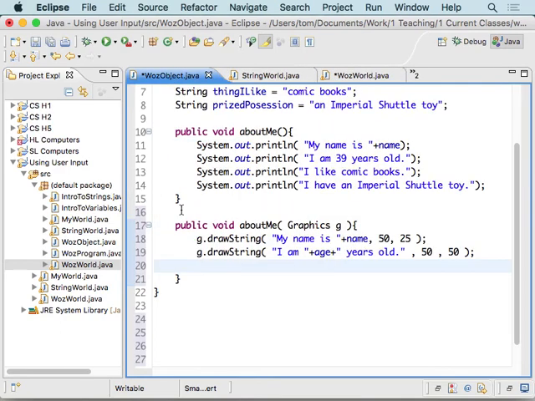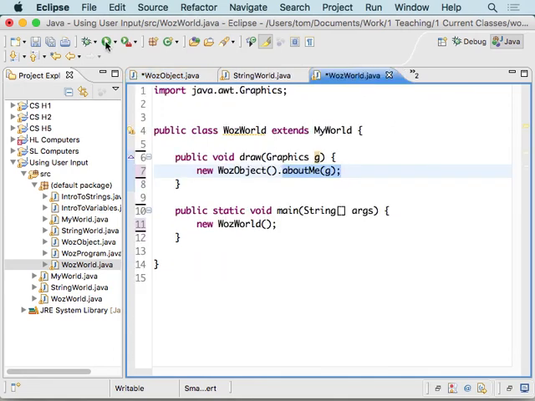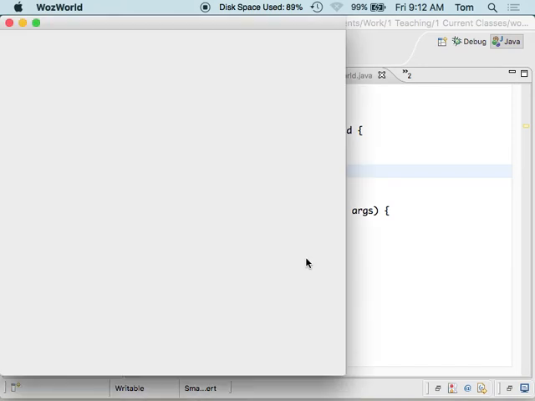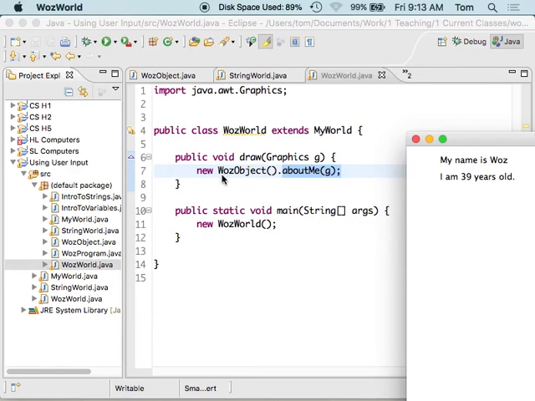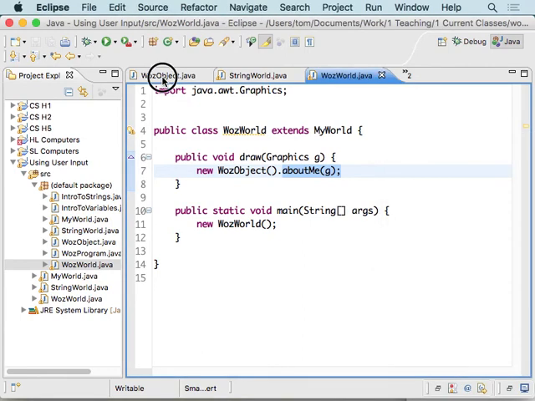So it goes to this guy and says, okay, use this about me, do this stuff. And that's how that works. Again, in WasWorld, when we want to draw it, we make a new WasObject. And with that object, we tell it to do about me, but we give it the graphics that it needs to do about me. So over here in WasObject,